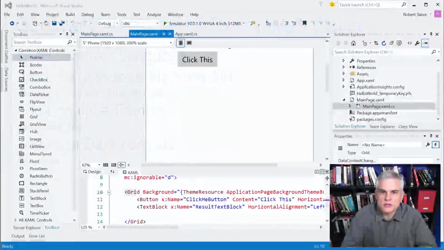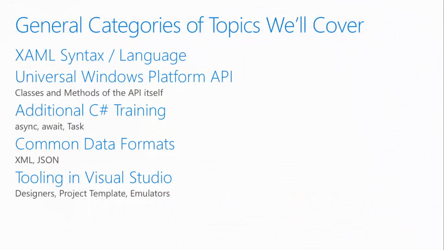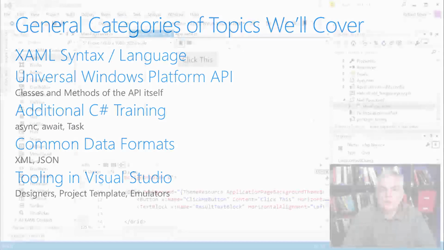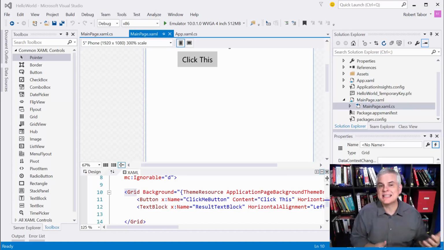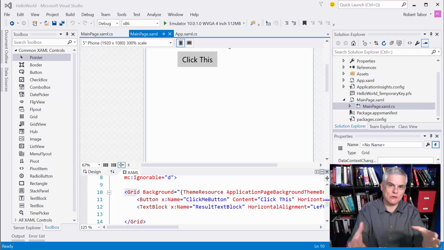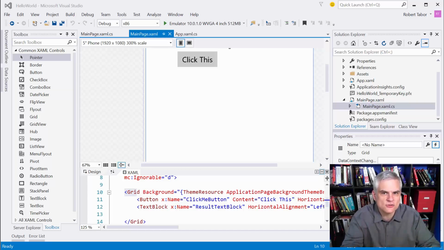The fourth thing that we're going to learn about is the tooling that helps us build Universal Windows Platform apps. So we're talking about things like Visual Studio's designers and its wizards and the project template itself. We'll learn about the emulators. Many times you're going to learn about tooling at the same time as you learn about some specific UWP feature, just like we did in the last lesson. So we probably won't spend entire lessons on how to use Blend or how to use some designer surface, right? It'll just come naturally to us